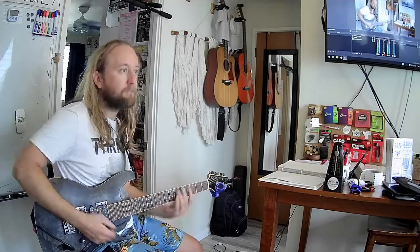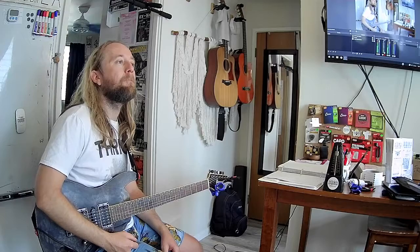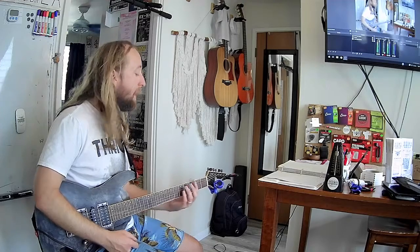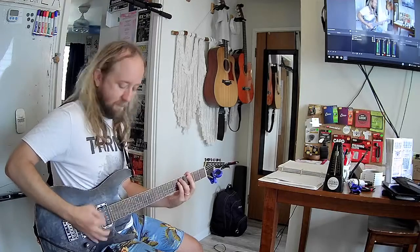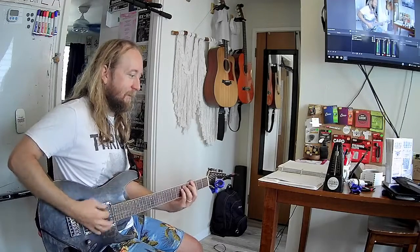Yeah. So that's just an exercise, and I know you can also mute with your left hand. Right. And that's what I was doing with the pre-chorus into, let's do this. I was doing upstrokes. Either way works. But the issue with that is if we were to get microscopic on the two guitars, it wouldn't sound as good compared to having two guys playing all downstroke. Okay. But in a pitch,